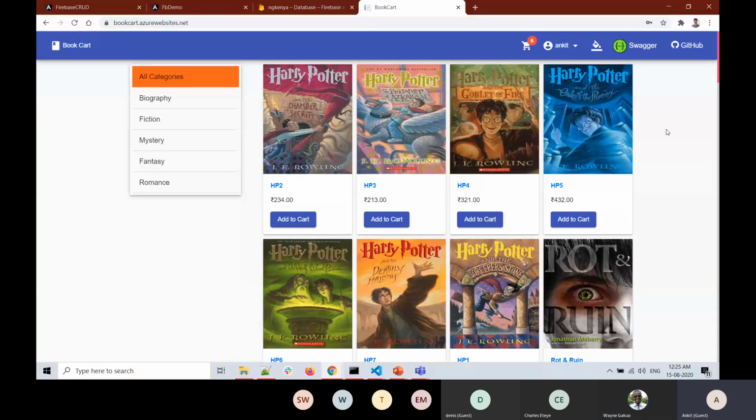You can go to bookcart.azurewebsites.net, and the GitHub link is also provided. You can go to my GitHub and search for it. It's free and open source. You can go through the code. You can easily understand that once the user logs in successfully, I am returning the first name in the JWT token. And in Angular, I am unwrapping that JWT, fetching the first name, and displaying it here.